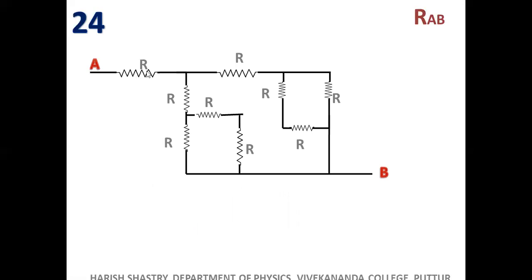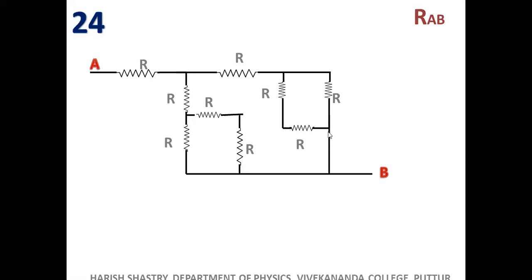Can you treat these two resistors in series? Of course, you are asked to find out the equivalent between A and B. Can you replace these two resistors in series? Not possible. Here is a connection. We are going to connect the battery across these 2 points. And can you treat anything else as in series? These two can be treated as series, right? Because they are independent series points. This one and this one.